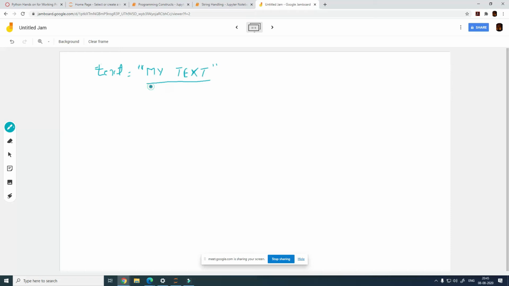This value m has an index of 0. This value y has an index... I think I should write it this way. Let me write it a little differently.